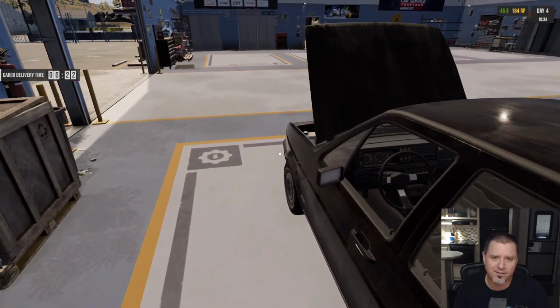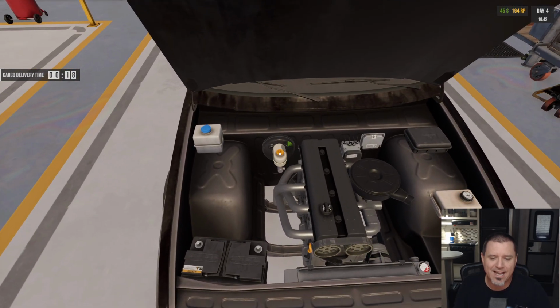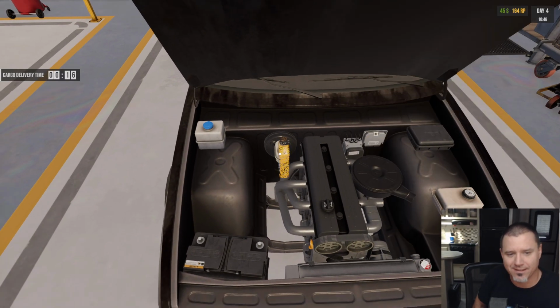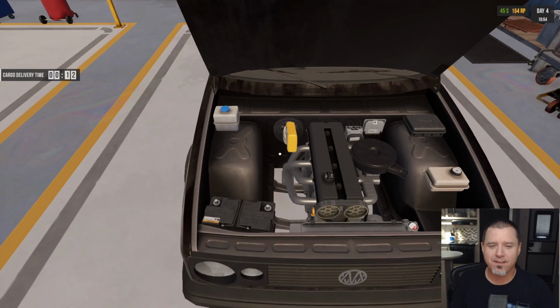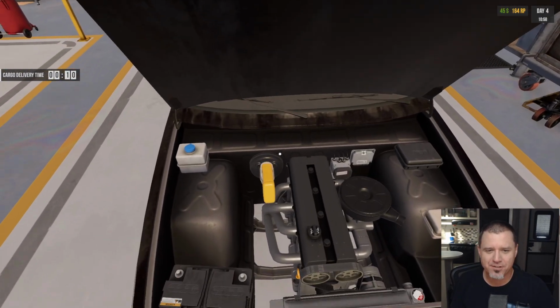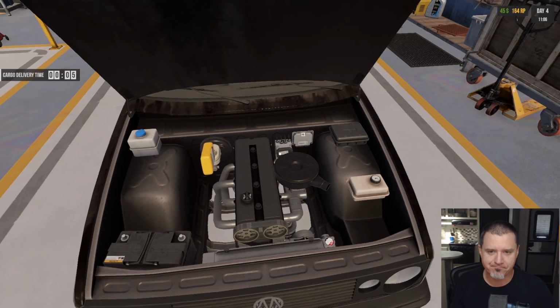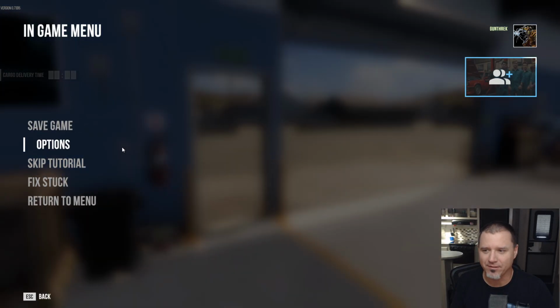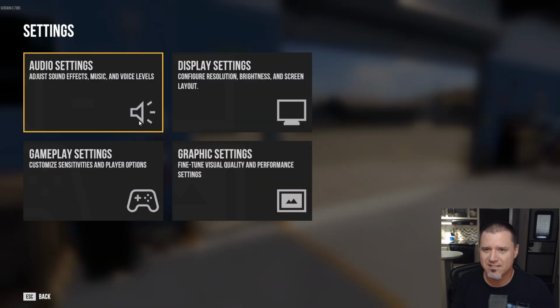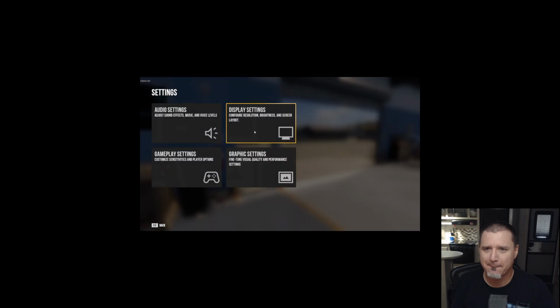All right, what were we doing with this? We needed brake fluid. I can see how you could get very efficient with this, and that's great, but I feel like I'm fighting with things too much. And that's an interface problem. I feel like time also... Yeah, look how fast time is going. Can we turn that down? Gameplay settings. No, there's no...